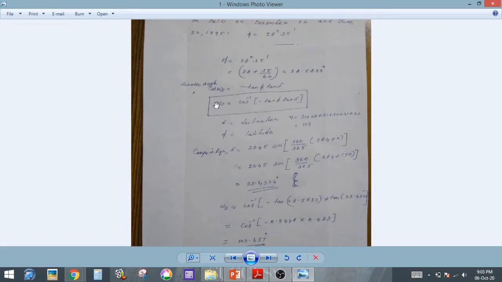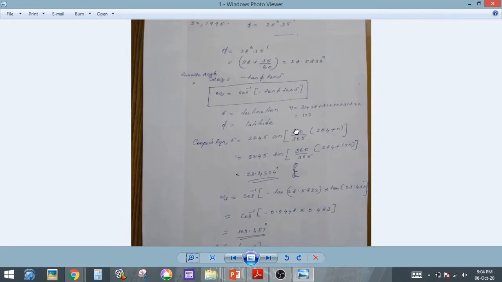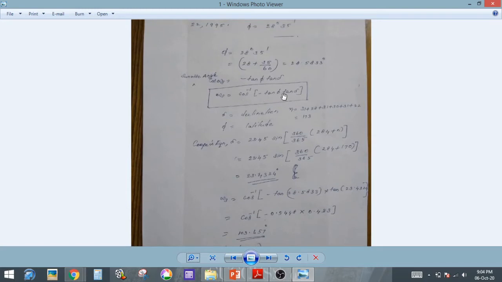So here we have to find the value of omega s, which is given by the cos inverse minus tan phi tan delta. Phi we know, that is 28.5833 degrees. So we have to calculate the angle delta declination. By Cooper's equation, delta equal to 23.45 sin 360 divided by 365 into 284 plus small n. The small n is